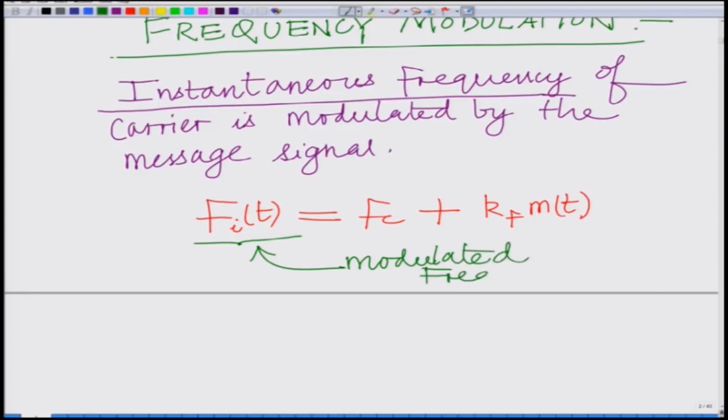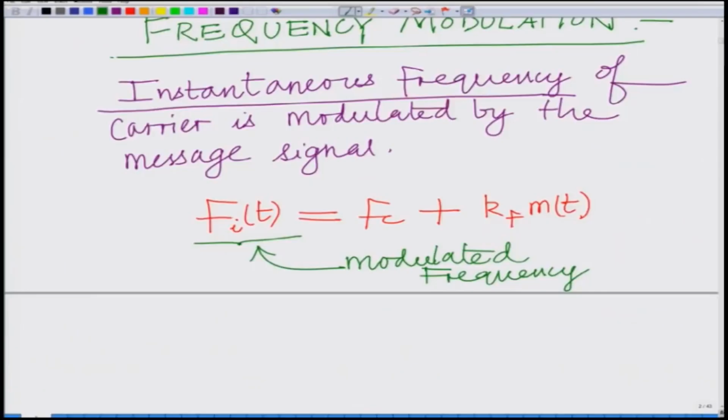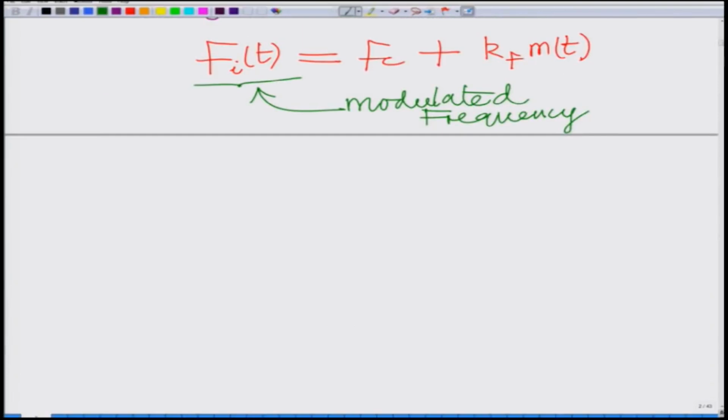Modulated frequency, or basically, you can think of this as the instantaneous frequency of the modulated signal. So, you can think of a carrier wave in which the frequency at every time instant depends on the modulating message signal m(t). Okay. So, therefore, the phase. Now remember, frequency is the rate of change of phase, therefore, the phase of this is given as